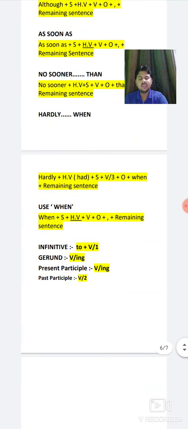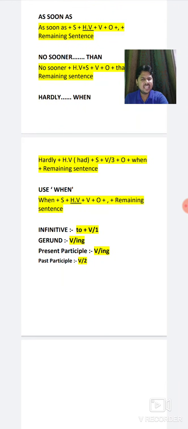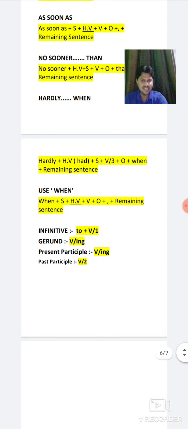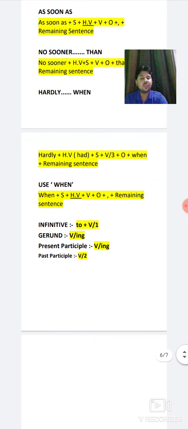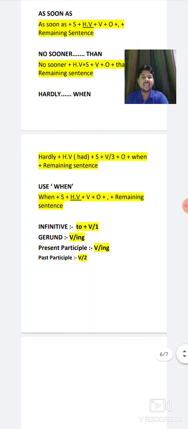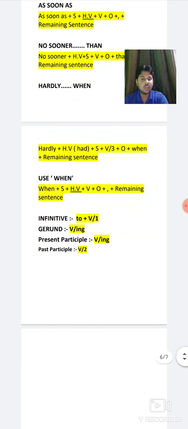Okay student, now the final topic. These topics are really easy, just try to understand their meaning, and this topic comes in language study as well. So, infinitive. What is meant by infinitive, students? Infinitive means you write first "to", and after "to", the verb first form. Gerund means what, student? Gerund means verb ing form. If in a sentence any verb at the end has ing form, it is a gerund form. Then present participle, which also means verb ing. And at last, past participle. Past participle means what, student? Verb second form.